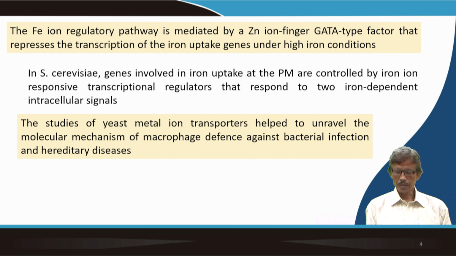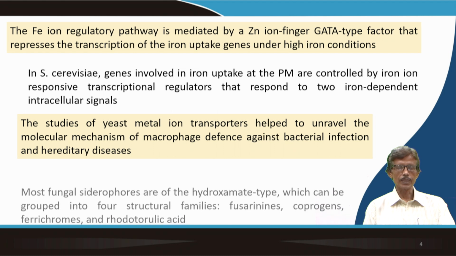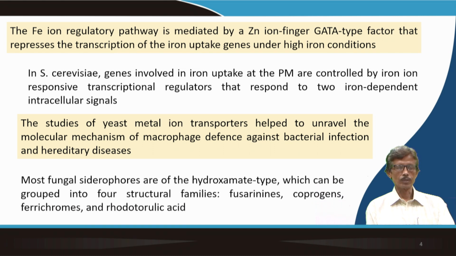This is why we are studying all these things, so that we know a little bit about the role of iron in many bacterial infections. You can stop a bacterial infection by taking proper medication, but why is it happening at another level, and how can we stop it? Sometimes the much more complex thing is hereditary diseases,